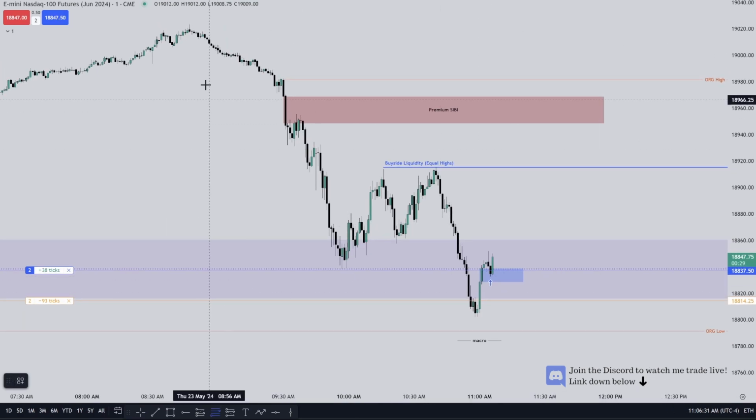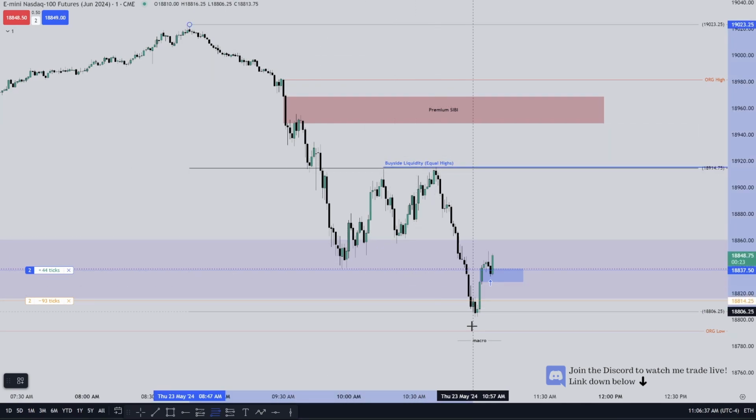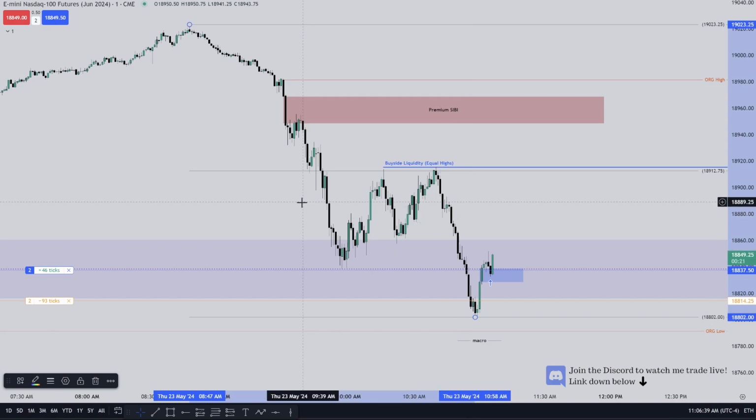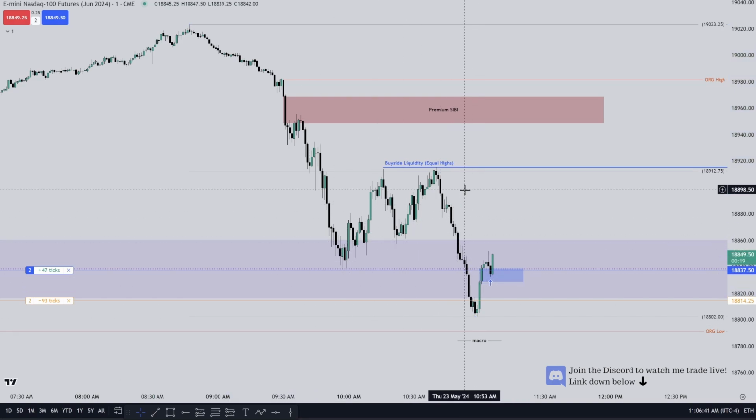So if you take our current range from this high all the way down to this low right here, you want to target things in a premium. So these equal highs up here are in a premium. That's a great partial. That's a great area to take profits. Next objective could be buy side up here. That's also a great area to take profits. But I like this fair value gap up here.